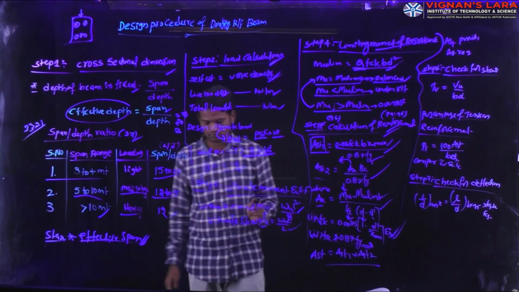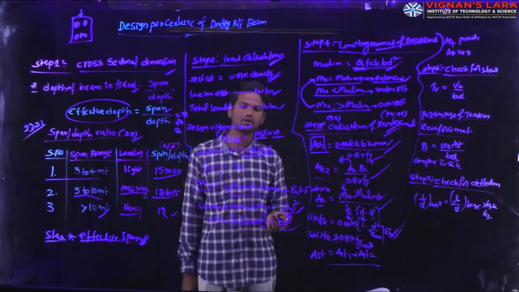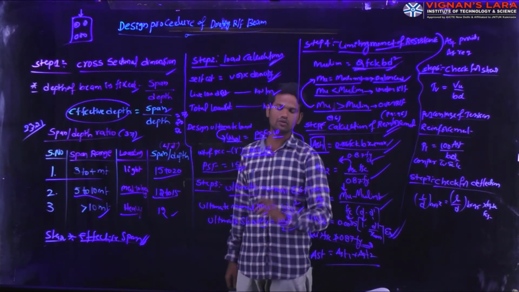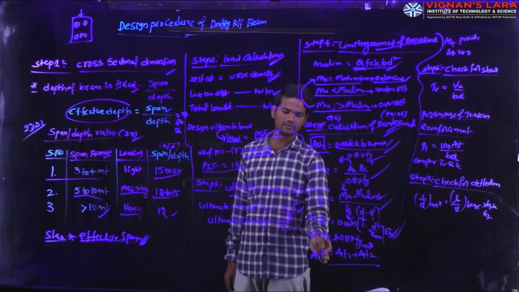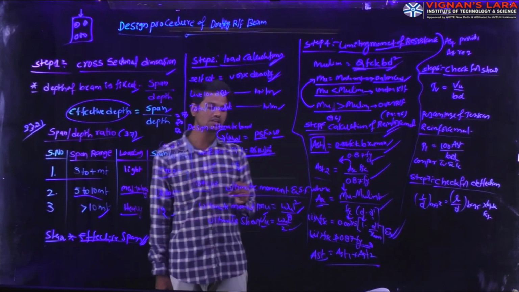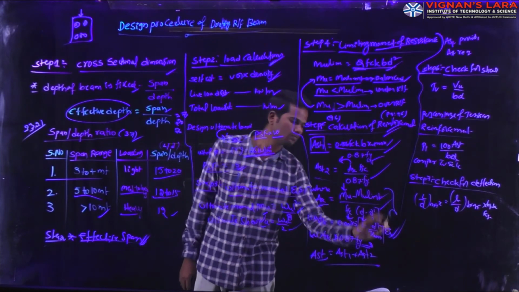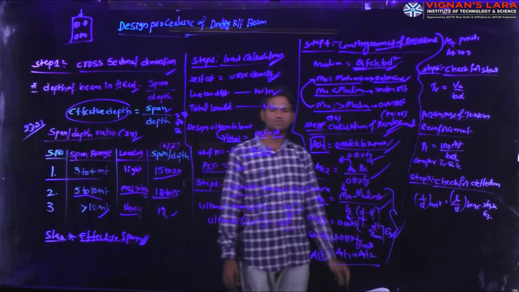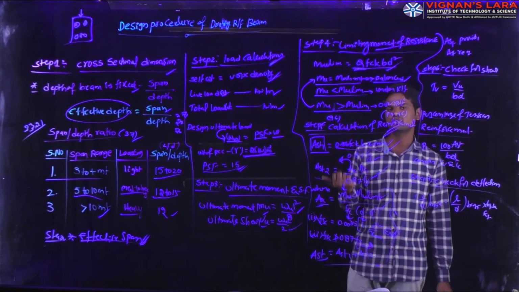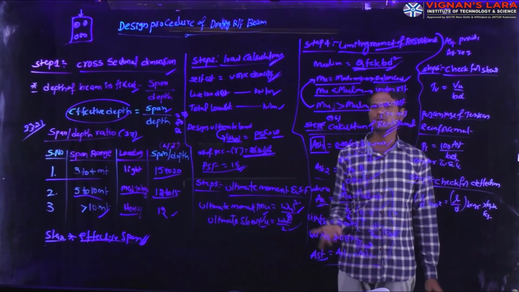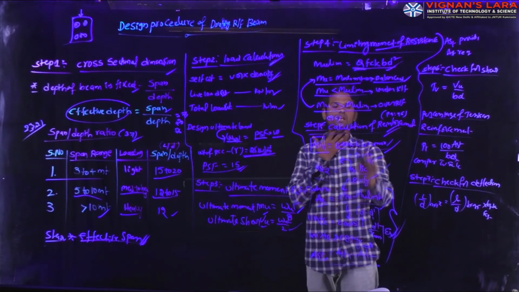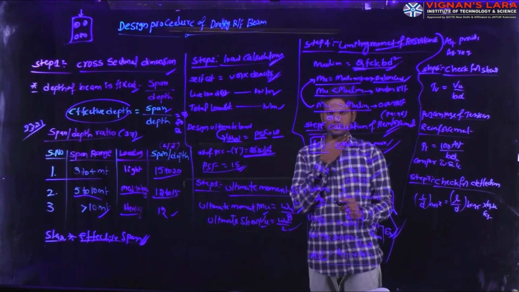In some calculations of the limiting depth of the neutral axis, they will give the Ast value, the area of the steel, and they will ask you to calculate the moment of resistance of the section. In those conditions, these formulas are used to calculate the actual depth of the neutral axis. If you know the area of the steel, total compressive force equals total tensile force, and by using those formulas we can get the actual depth of the neutral axis. This is how we are calculating the actual steel requirement.